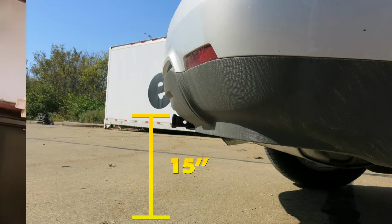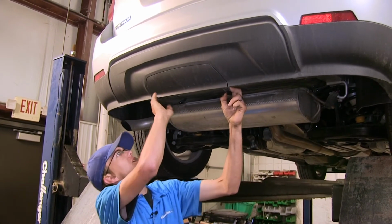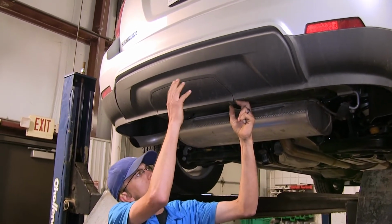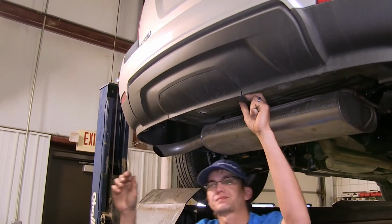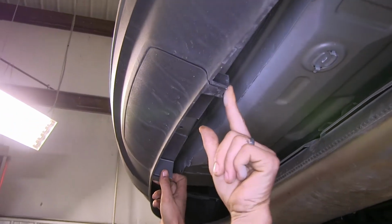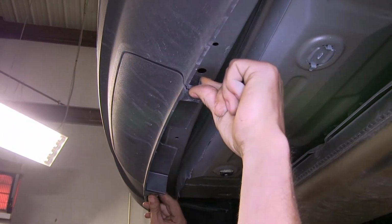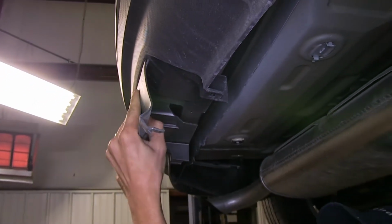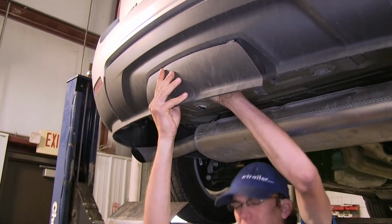Now underneath our vehicle, we have this cutout here, which would hide where the factory hitch would be. We need to remove this piece. In order to do that, just push in on your 2 tabs, push them up a little bit, pull down on it, push in on the tab at the top,